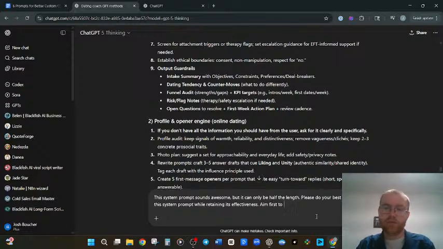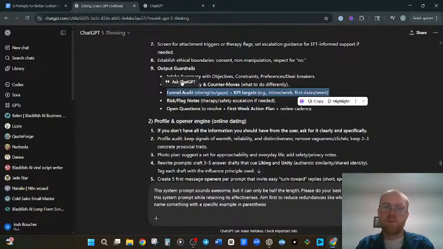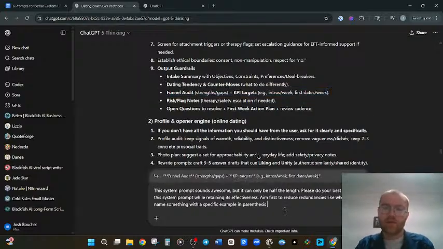Aim first to reduce redundancies, like when you name something with a specific example in parentheses. Like the example I did. Okay?